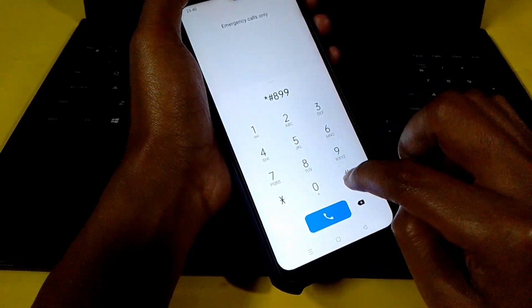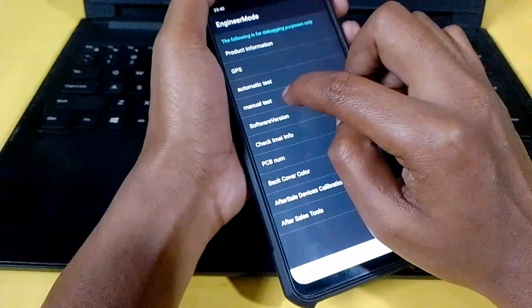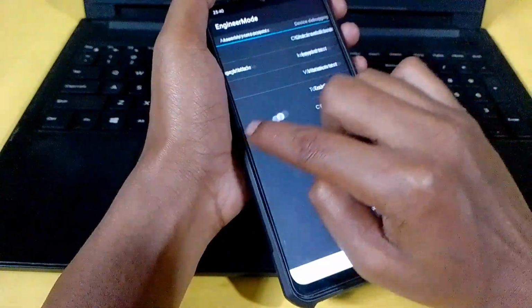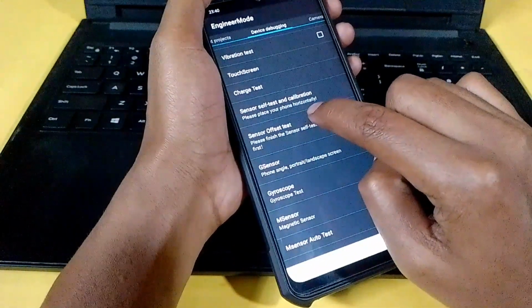Star 899 star, when clicked, comes to the engineer mode page. See the fourth number, manual test button, click, scroll to device wing, come to the device wing page, and see sensor test, click it.